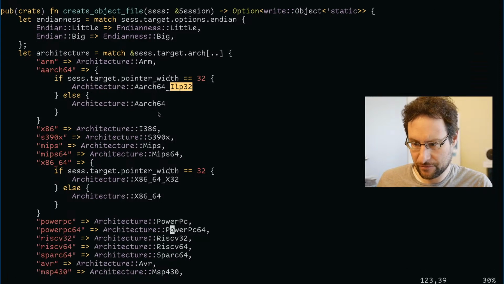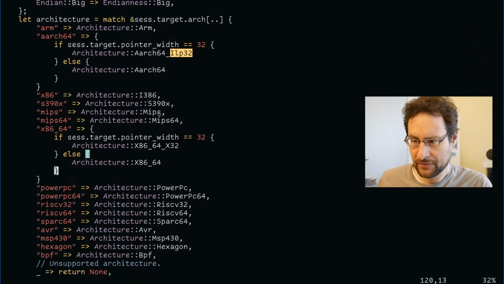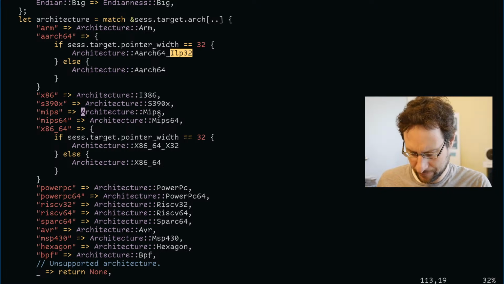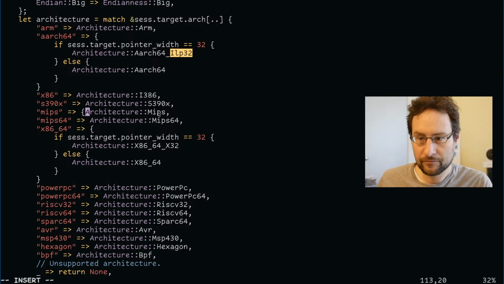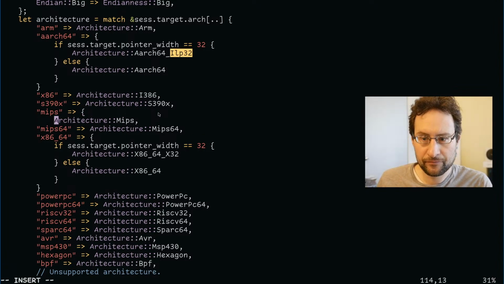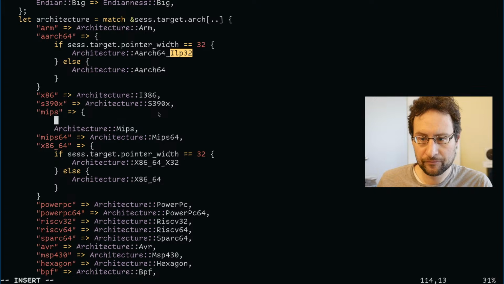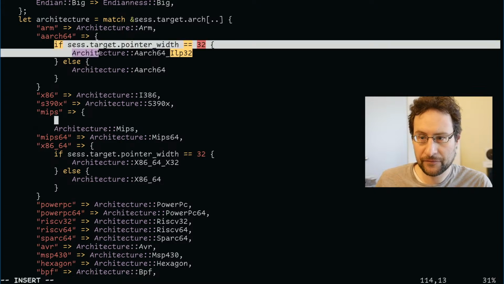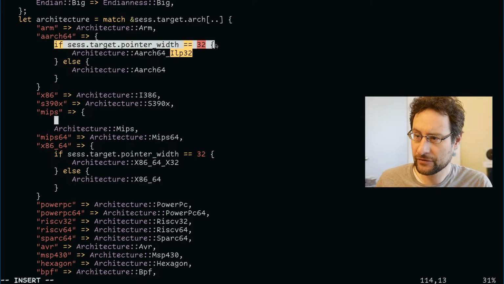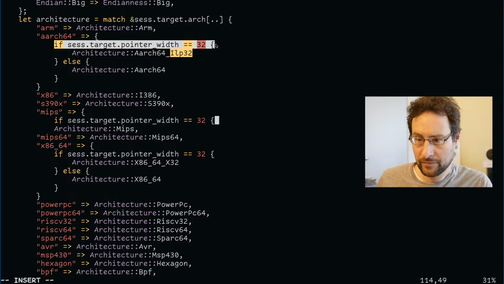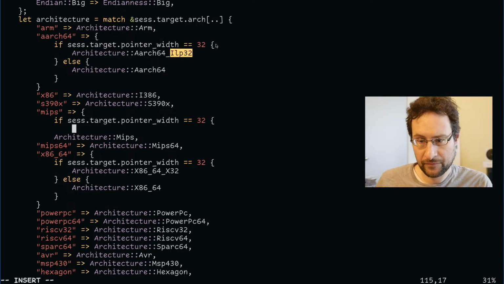Let's target pointer width, that should be valid. Let's overwrite this here to, if session or whatever that stands for, pointer width. Wait, I do this in the wrong one.